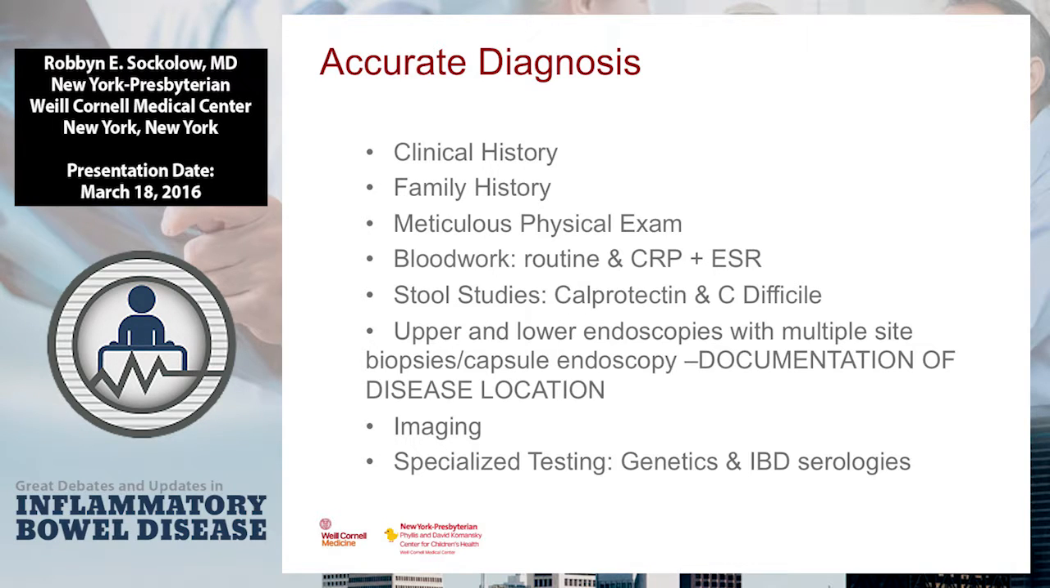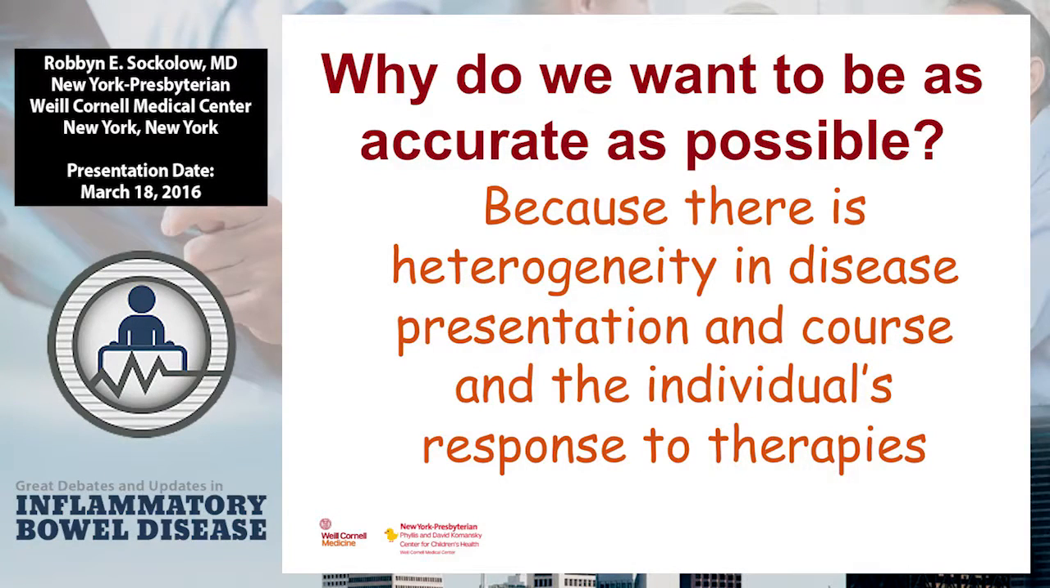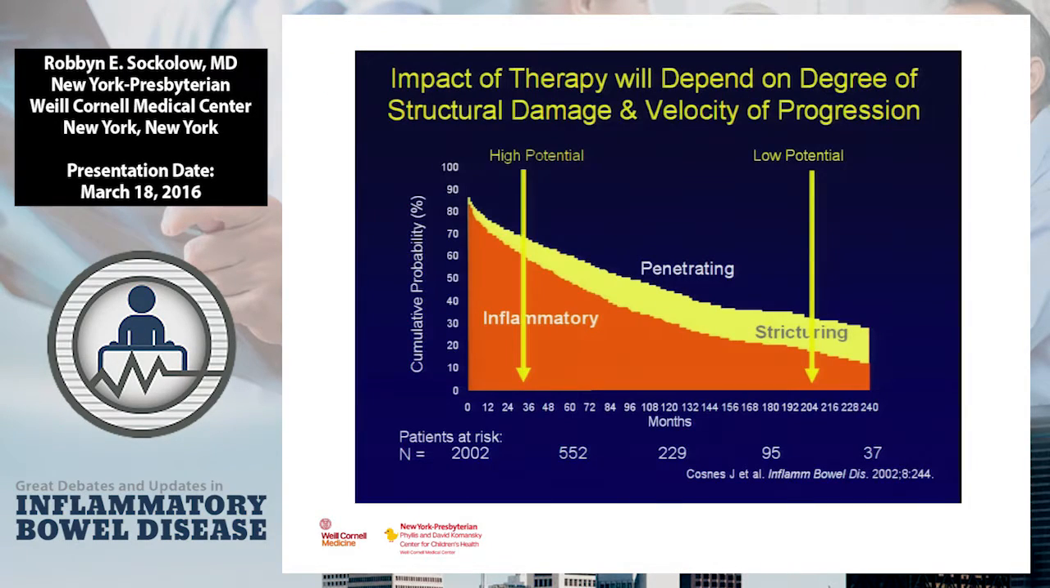And there is some specialized testing, which we'll talk about, that may include genetics and some IBD serologies. So why do we want to be as accurate as possible? Because we all understand that there's heterogeneity in the disease presentation and course, and that individuals' response to therapies may be different. So this is a graph that you've probably seen over and over again, but I think it continues